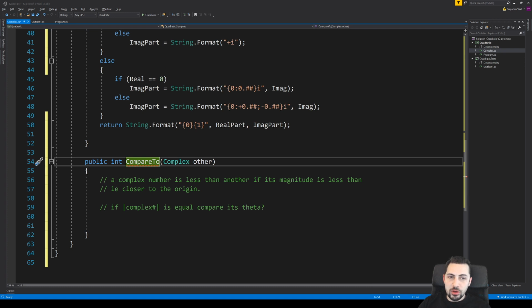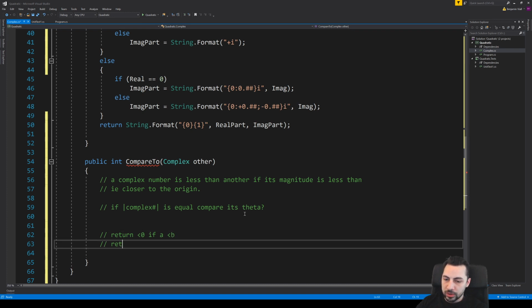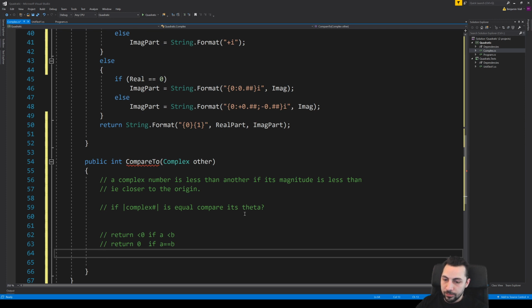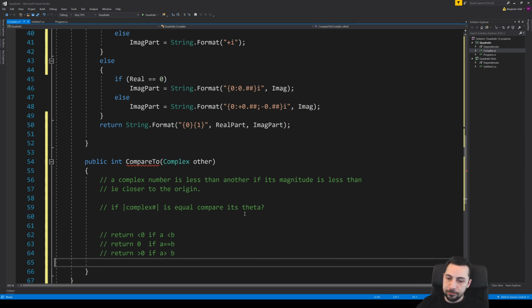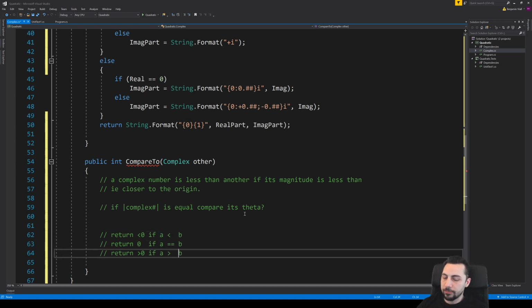When you have CompareTo, what that really means is you return less than 0 if A is less than B. You return 0 if A is equal to B. And you return greater than 0 if A is greater than B. All right.